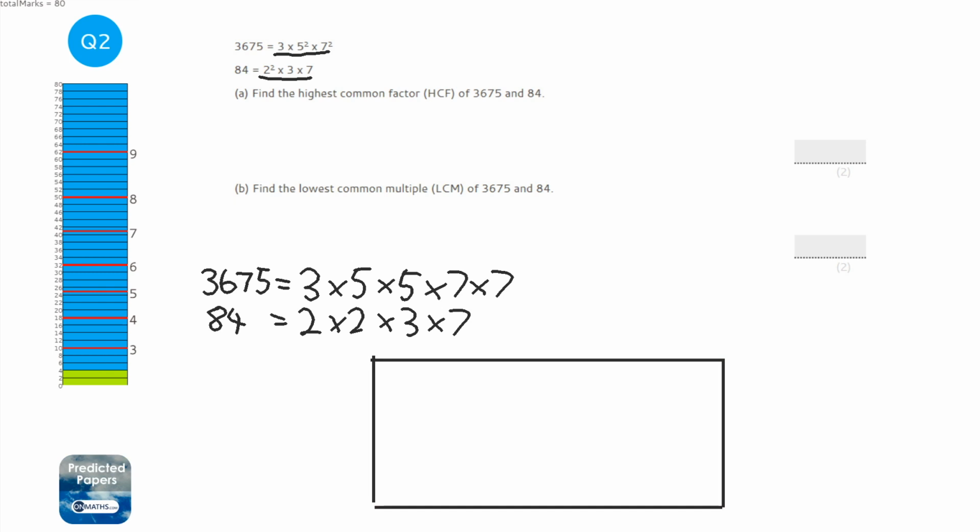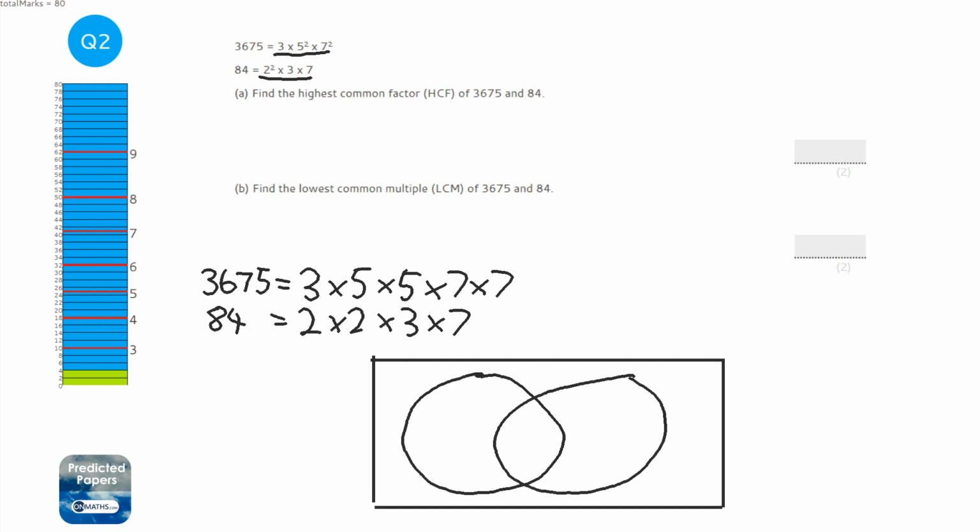Okay, now I'm not very good at drawing circles, but I'm going to try my best here. I'm going to try and make the circles as big as possible. So we've got 3,675. I'm just labeling which circle is which, and this is 84. And to do the Venn diagram, we're just going to go through the numbers and write out which ones overlap